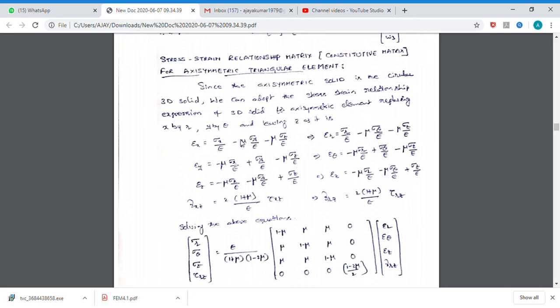Already I said this in the first unit itself while deriving the equation. Remember, mu, that is Poisson's ratio, is equal to, what is the relation? Lateral strain by linear strain. Is it right? So here lateral strain is equal to Poisson's ratio into linear strain. So Poisson's ratio into linear strain is nothing but sigma y by E in the y direction. This is the linear strain, or longitudinal strain.